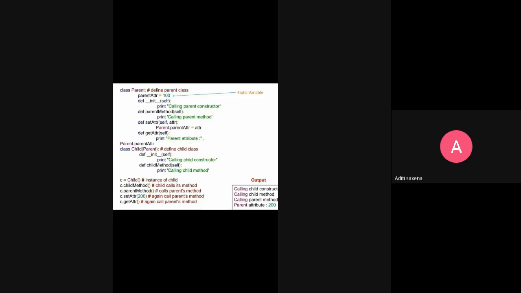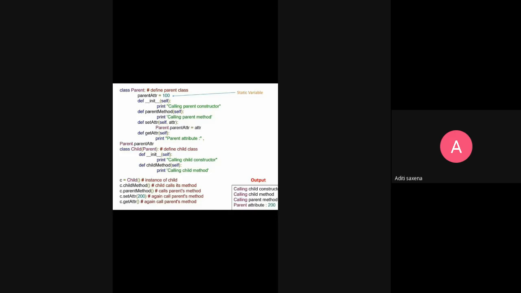Now we have defined another class named child, which is the child class or subclass, and parent is the base class or parent class. Inside it we have the init function, its main function, meaning the constructor, which runs at the time of creation of this class.